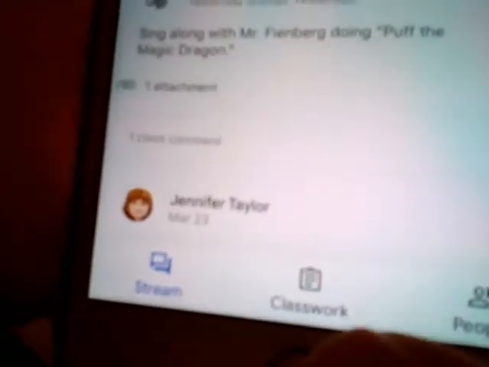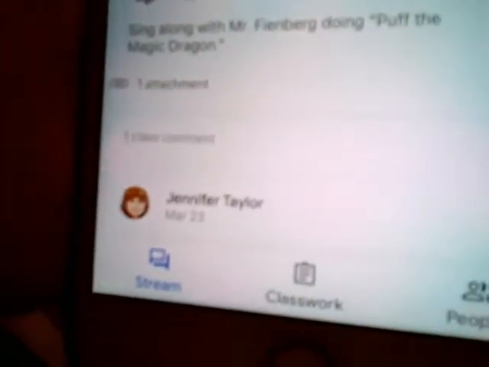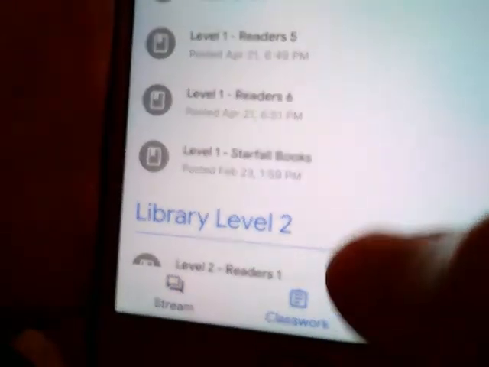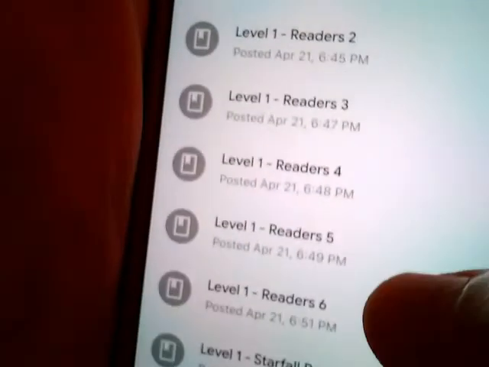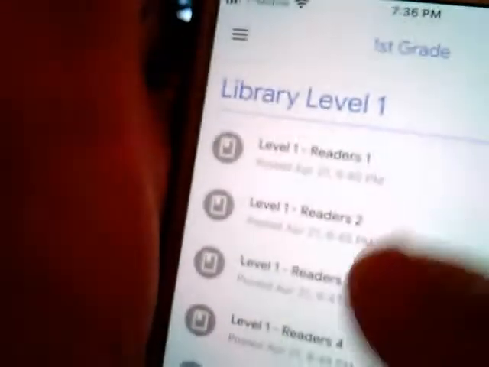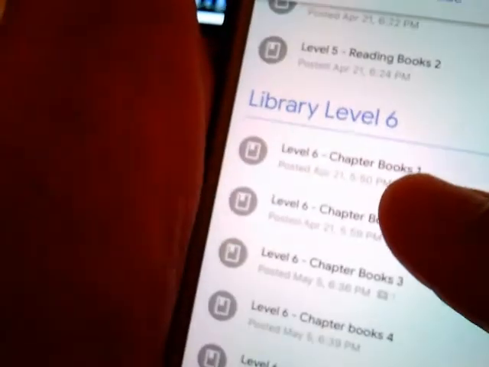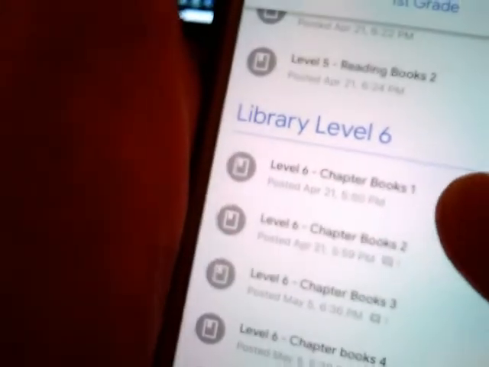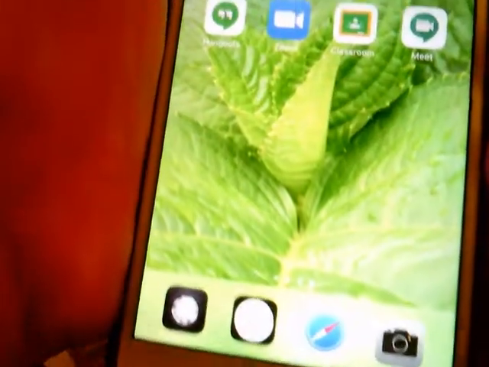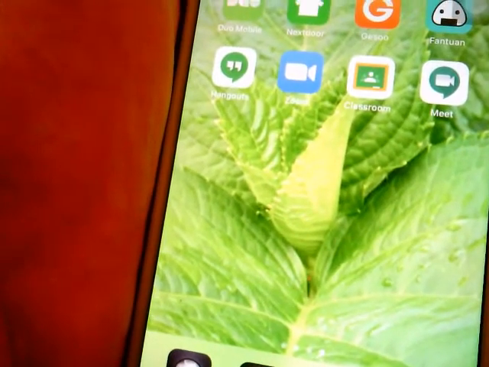If you click on where it says classwork, classwork. This is like a library with tons of books you can read on your iPhone. Okay, level 1 are the easiest books to practice with, and you can go all the way up to level 6, and just click on them, and you should be able to open all kinds of books for you to read. Okay, I'm going to click here to get out,